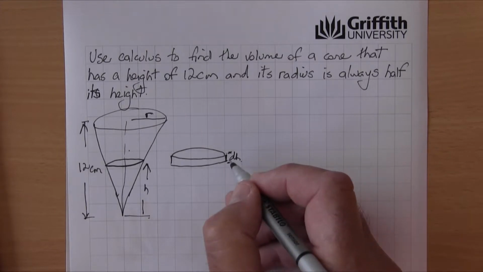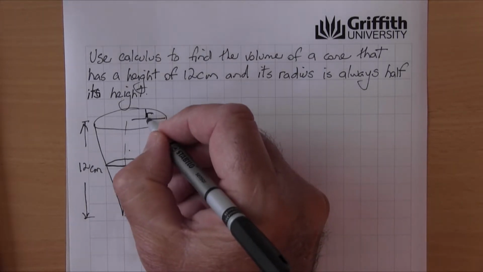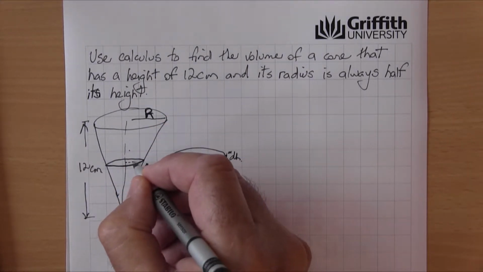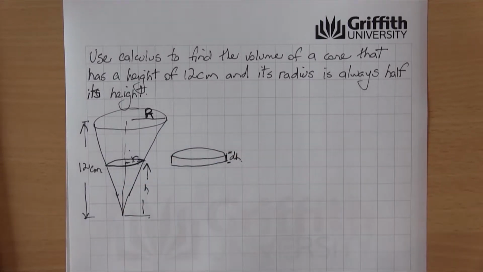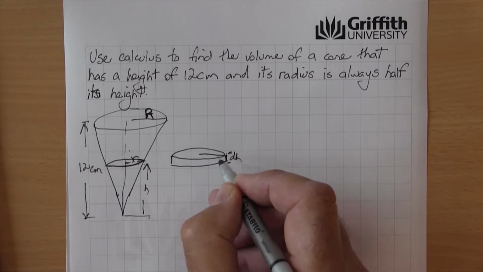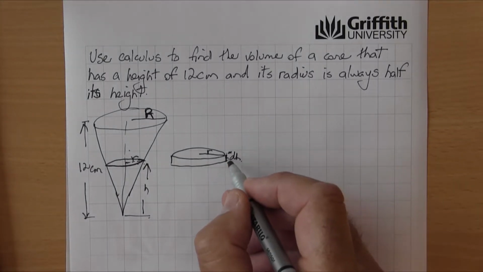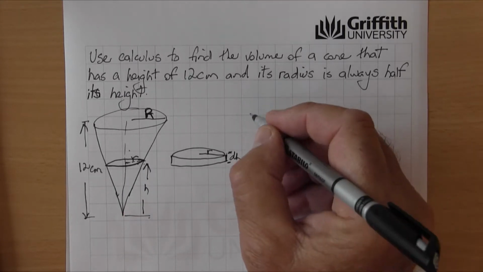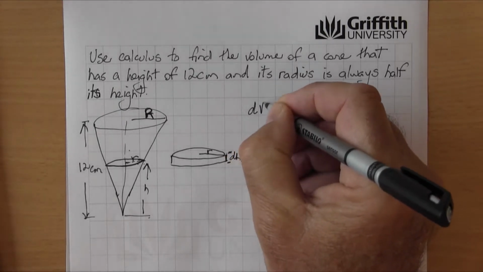If it was very, very thin, it would be very much like a cylinder. So actually we might call that capital R, and we'll call this one here little r. So from there out to there is little r. So this has got a radius of little r. So if this is dh, a very, very thin slice you've taken out of the cone, the volume of this, which we'll denote by dv,